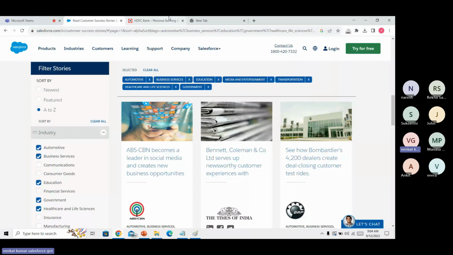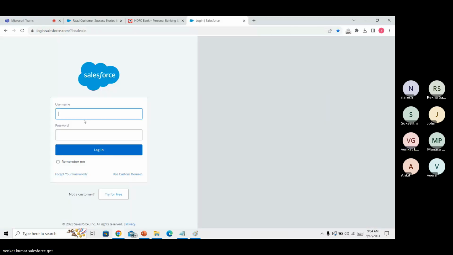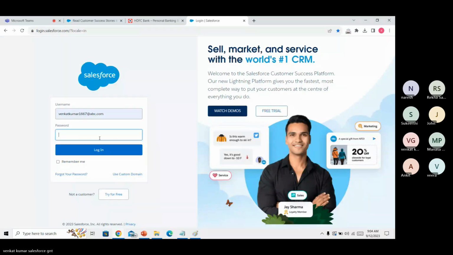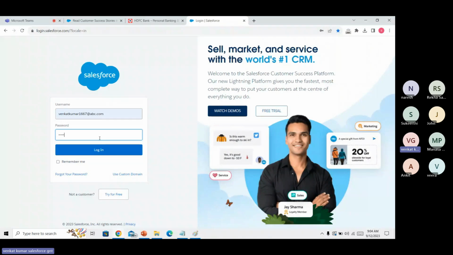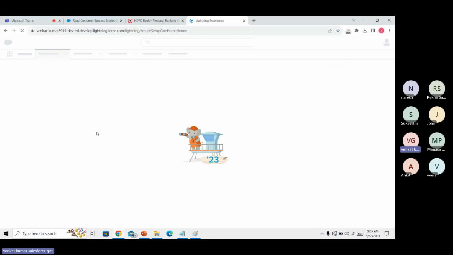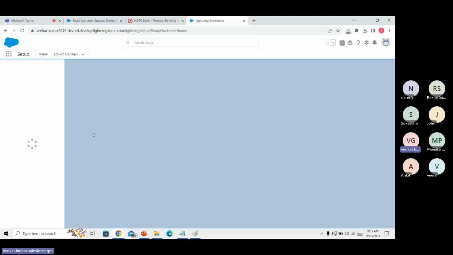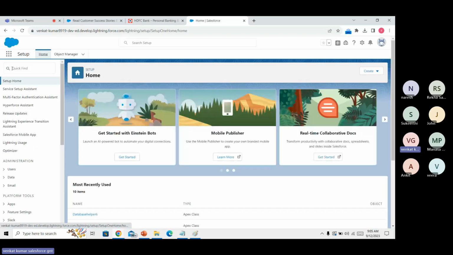I'm logging into Salesforce. In tomorrow's class, I'll show you how to log into Salesforce and how you need to register; I'll show you everything. I created one Redbus application. In India, Salesforce is using a Redbus application, but in the UK there is no specific application for Redbus.